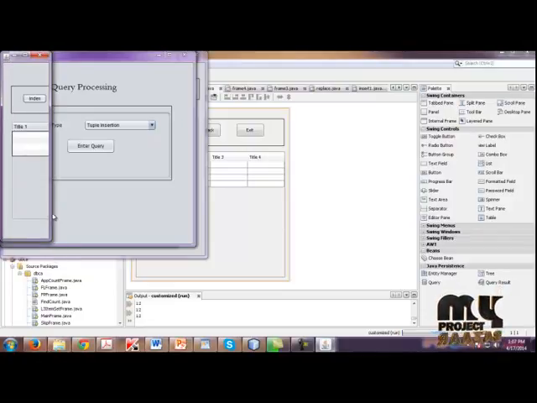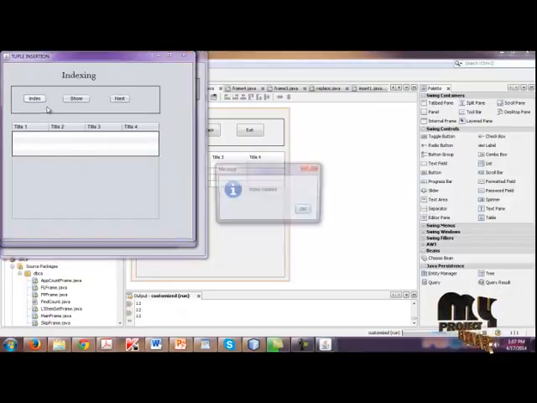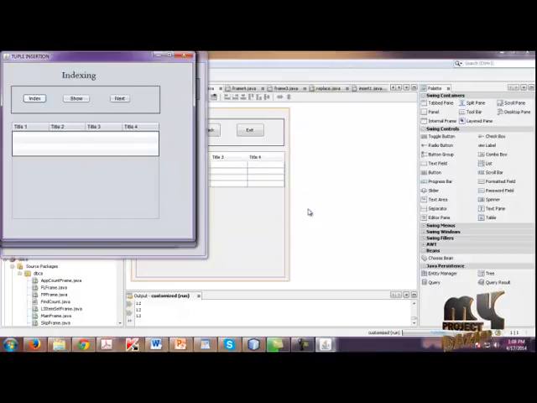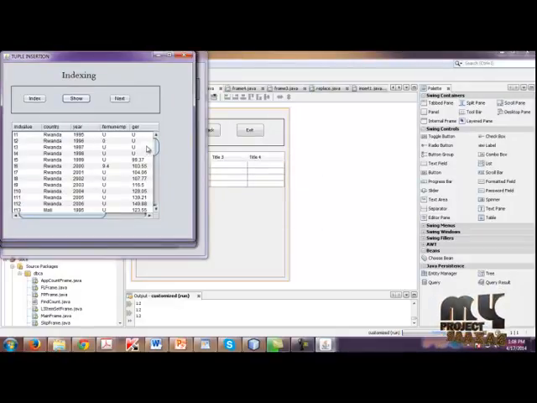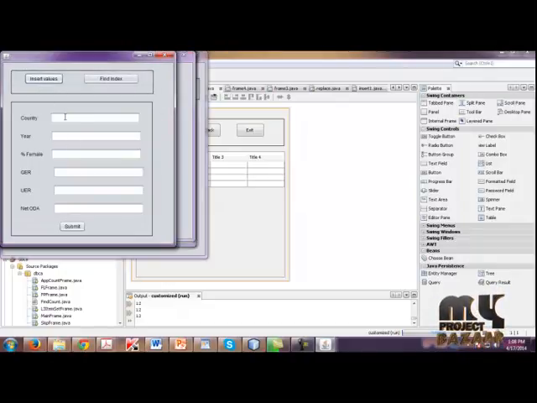In that, click index. Then indexes are created for each value, click show, and then click next. Now I am going to insert the values. Rwanda, year 2012, percentage of female 25, UER 15, net ODA 4.